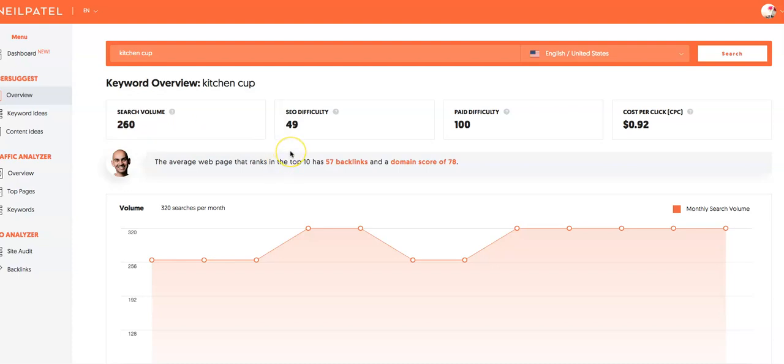Next is SEO difficulty. This is ranked on a scale of 1 to 100, with 1 being least difficult and 100 being most difficult. So this looks like it's right in the middle at 49. And the SEO difficulty is the estimated competition in organic search. The higher the number, the more competitive. So you want this number, the volume, to be as high as possible, and you want